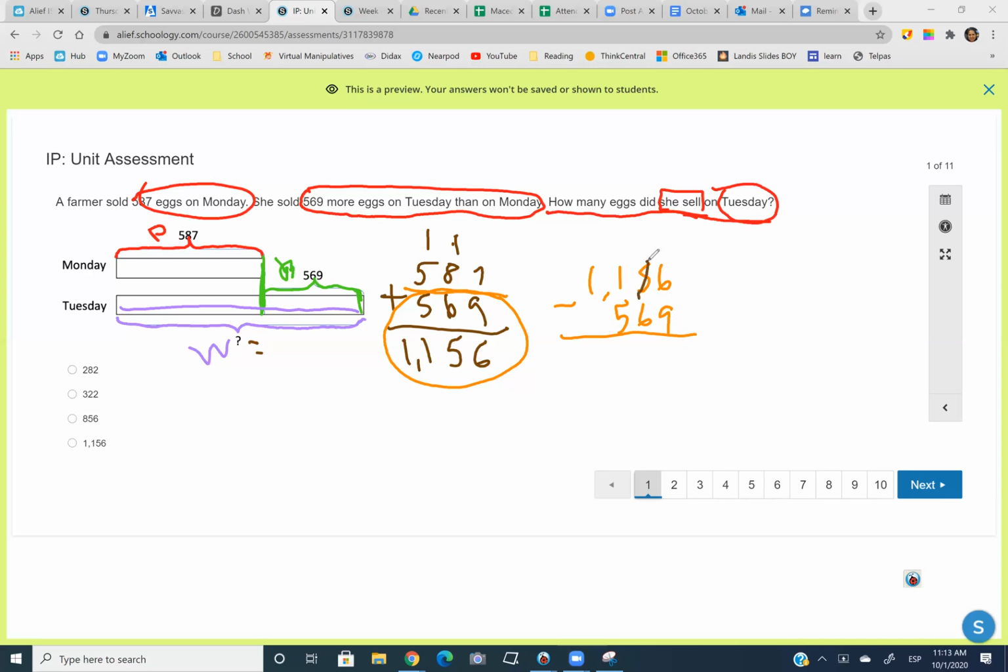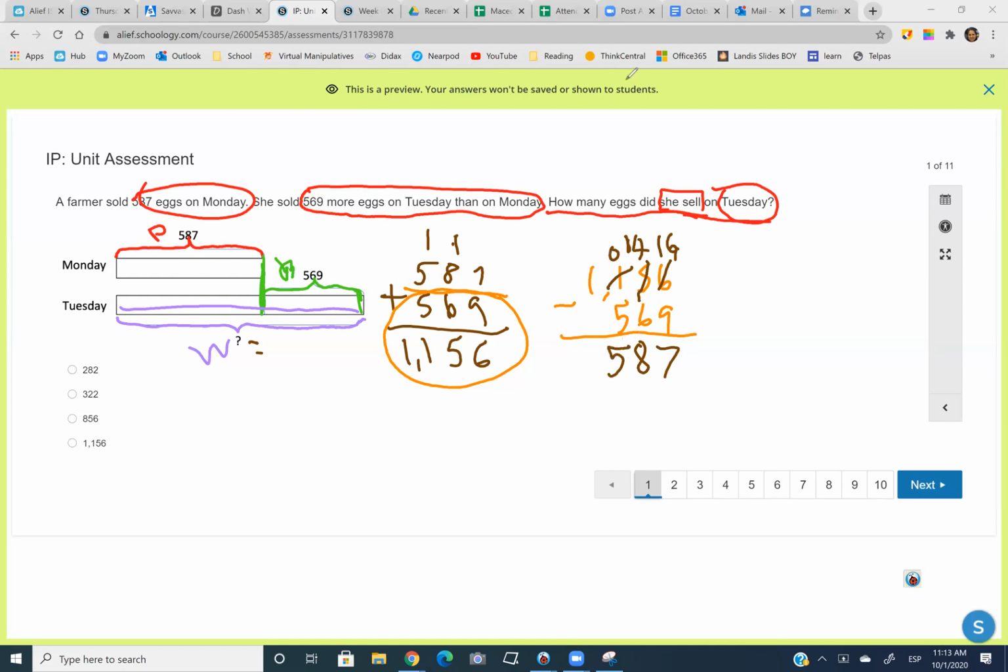So I regroup, this becomes 4 tens, and this becomes 16 ones. 16 minus 9 is going to be 7. Why? Because 7 plus 9 makes 16. And I have 4 tens, I cannot subtract 6 tens from 4 tens, so I'm going to regroup. So this becomes a 0, and this becomes a 14. 14 minus 6 is going to be 8. And then lastly, I have 10, because when I regroup this one, it's going to be 10 minus 5 is